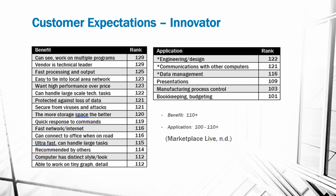They want a computer that is going to be able to handle significant technological tasks. They want protection from loss of data and from virus and attacks. Because of the scale of the projects they work on, they need large storage space and a product that's going to respond quickly to commands. They need a fast network. They need to be able to connect to the office when on the road. They want an ultra-fast processor that can handle large tasks. They, like the traveler, want a product that's recommended by others. They want a stylish computer and the ability to work